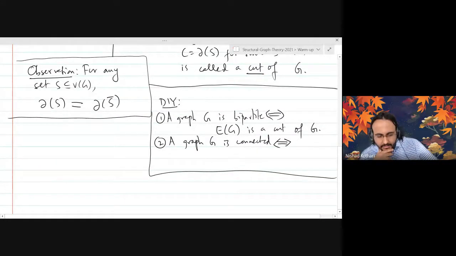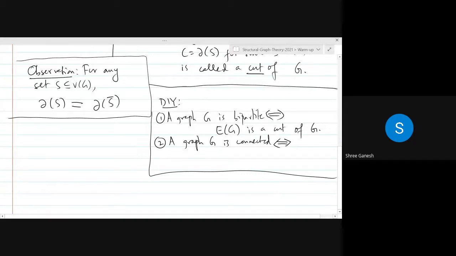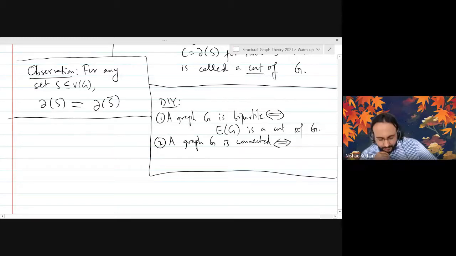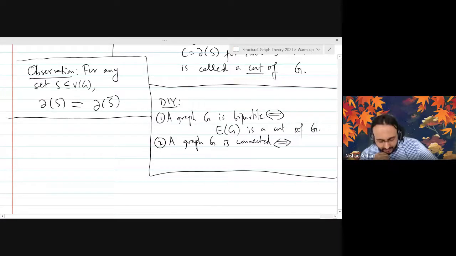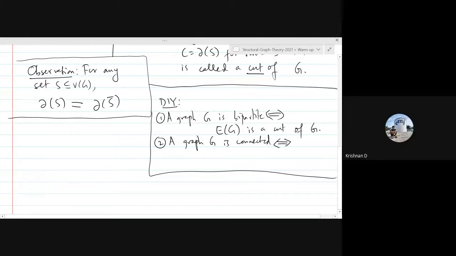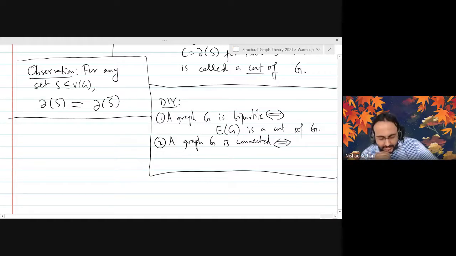Yashri, Ganesh? So every non-empty cut will have... Yeah, you are in the right direction. Okay, let me rephrase it. I think he means that the set of non-empty edges is not a good... Okay, you both are going in the right direction. I want somebody to formalize it correctly. So keep thinking in the same direction.